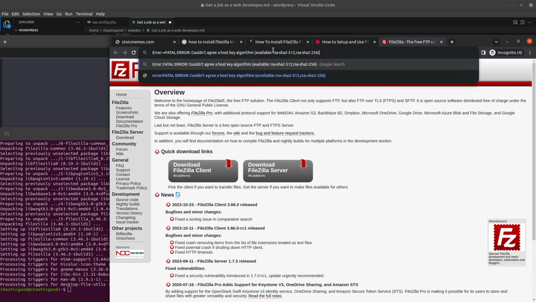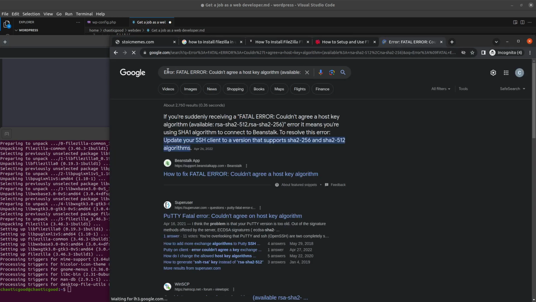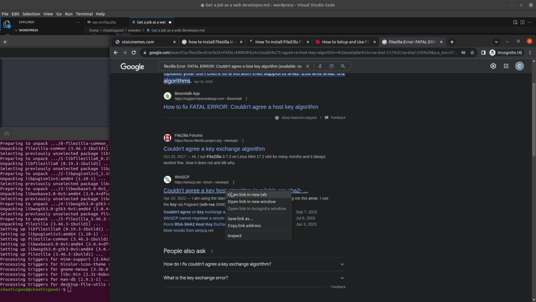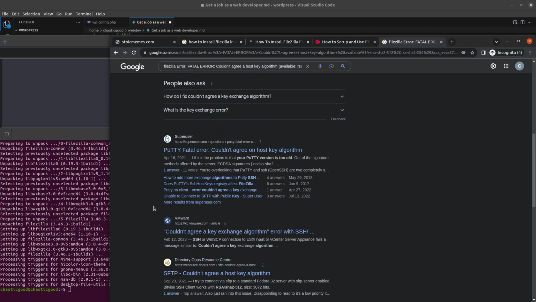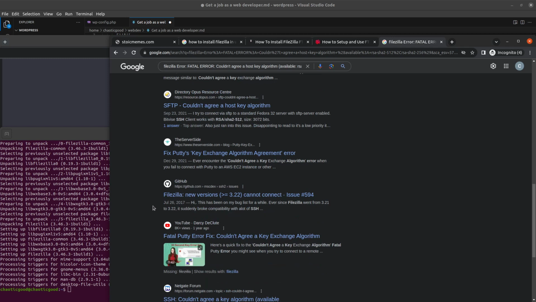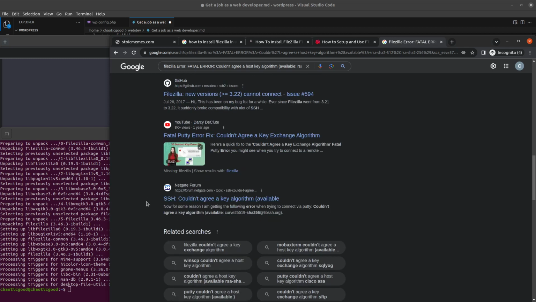I'm having this problem, like a fatal error. This is for FileZilla. What does this mean? Yeah, it's just the same as whenever I was using PuTTY. So it seems like it's both a problem with the